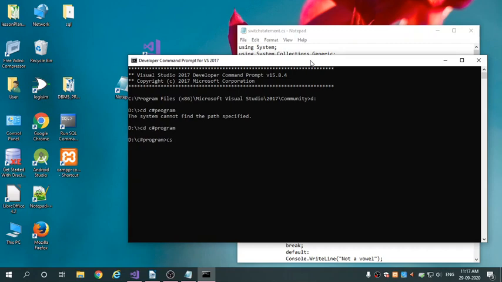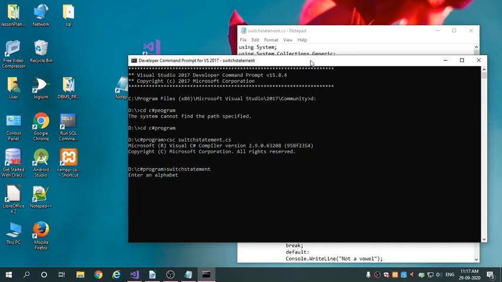For that you have to type csc for compilation, and give the file name switch statement.cs with the file extension, and enter. Compilation is done. Now we go for execution. For execution you have to give only the file name without extension, switch statement, and enter. It's showing Enter an alphabet. Suppose I enter here capital A,